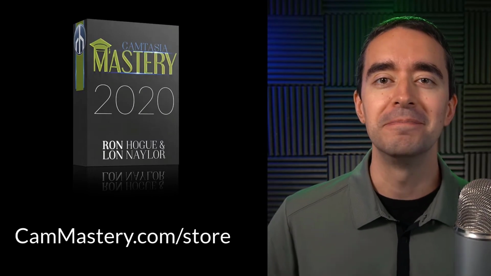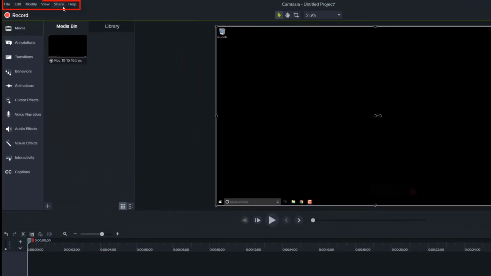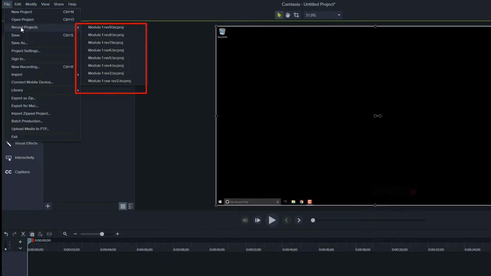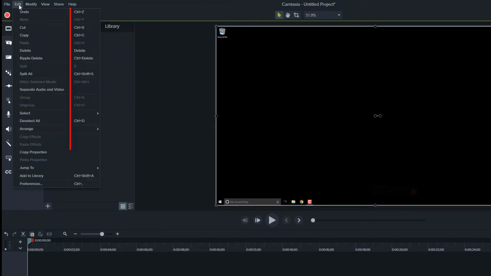Now, onto the video. Right above the Tools panel, we have the menu, and I really want to start with that just quickly. You can see we have File, Edit, Modify, View, Share, and Help. When I click on these, I can see that I have several options under File, and some of those even have further options. Also take note of the fact that the keyboard shortcuts are here as well.